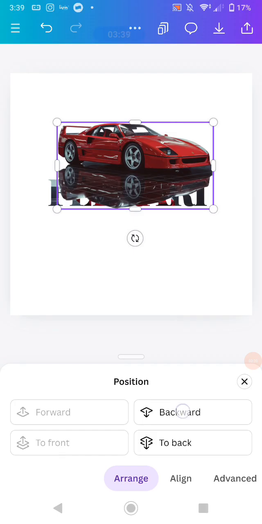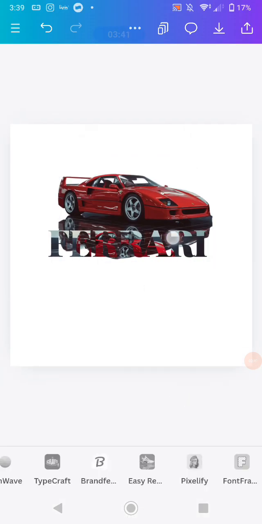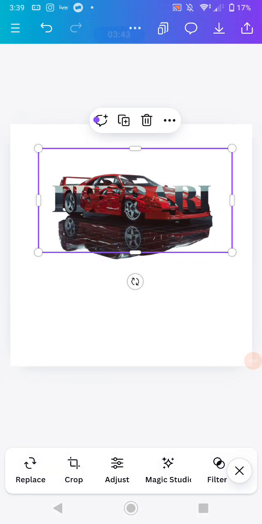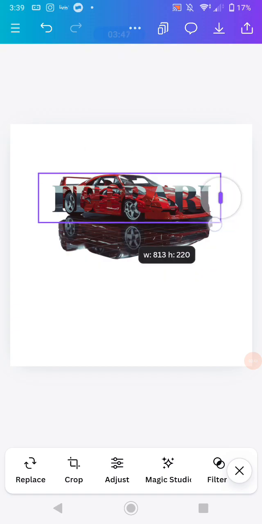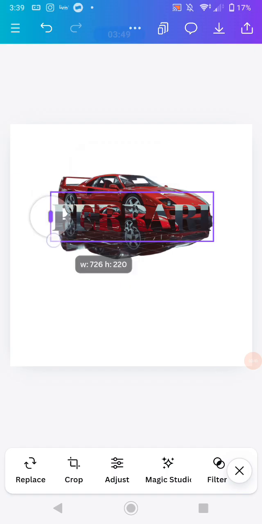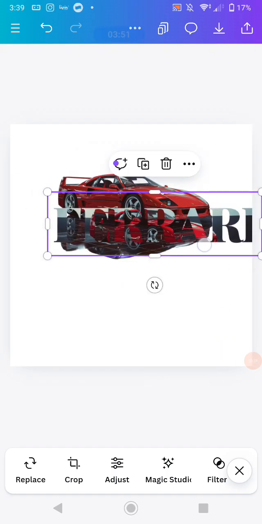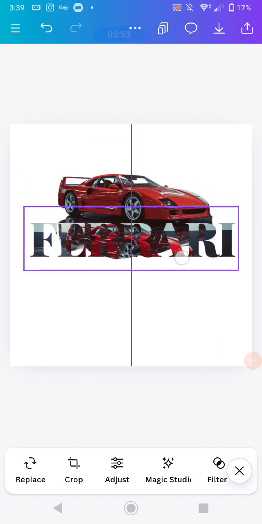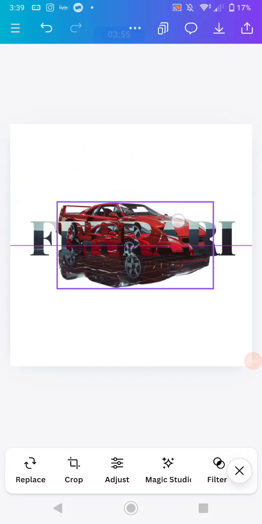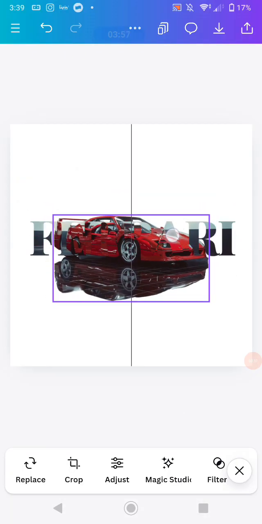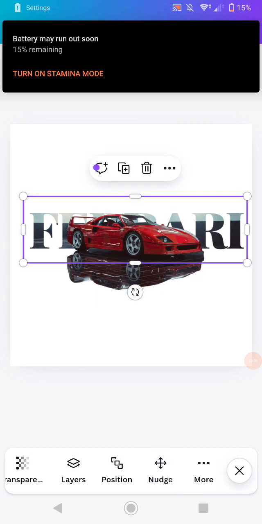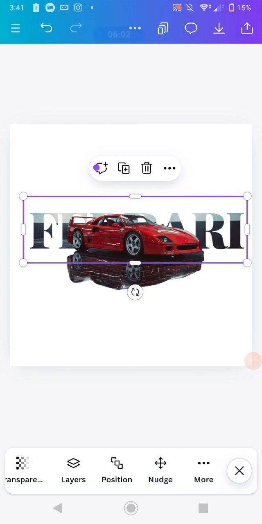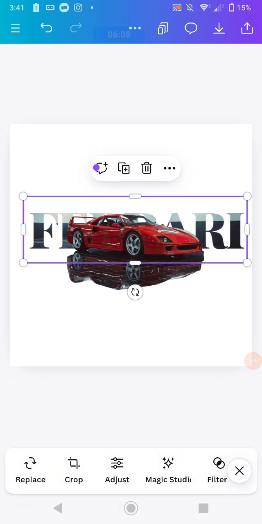For the position, click backward, make sure that the car is behind the text like this. Let me adjust the frame of this text. Okay, and after that you need to increase the size of the text and make sure that it has a matching position with the car. And after you finish positioning the text design onto the car like this,